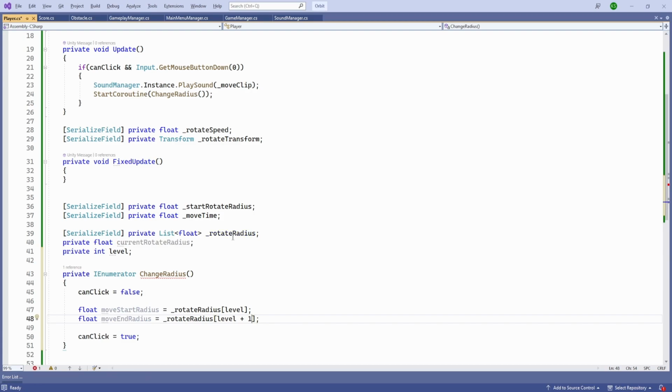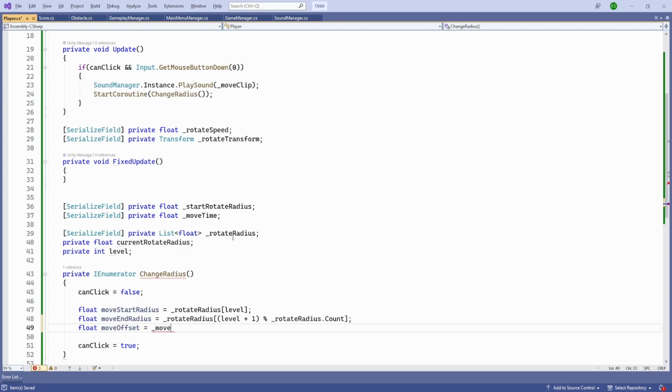But as you can see, it may go out of bounds, so we'll modulo it by rotate radius dot count, and as you can see, it is changing like start to end. So we'll need to have the radius start from 4, then 8, then 12, and then after 12 we'll need 8 again, and finally the level will be reset to 0 and we'll have 4 again. So it will be an endless loop from start to end. So we'll need to add 8, so instead of 4 8 12 we'll have 4 8 12 and then 8, and after that we'll call move offset,